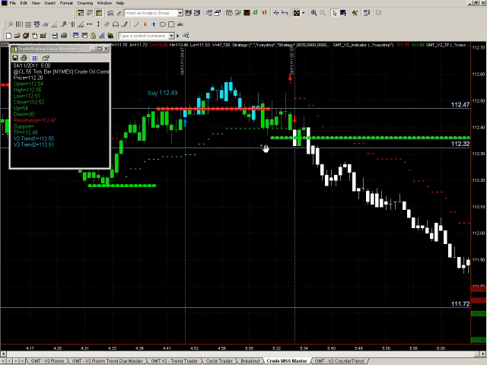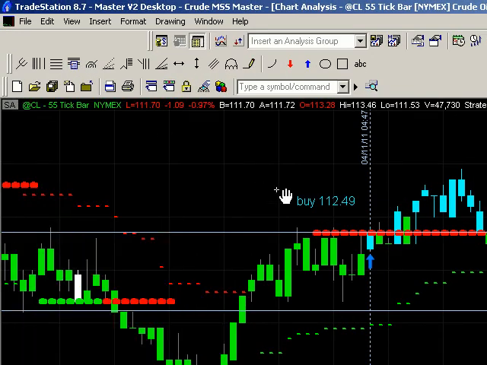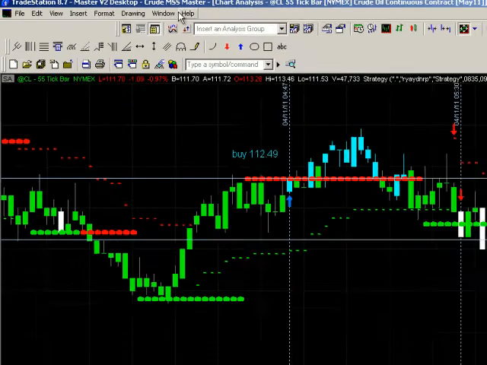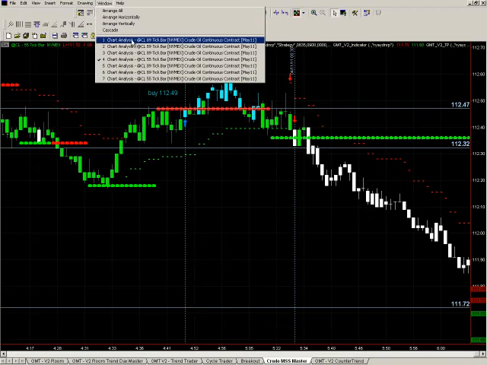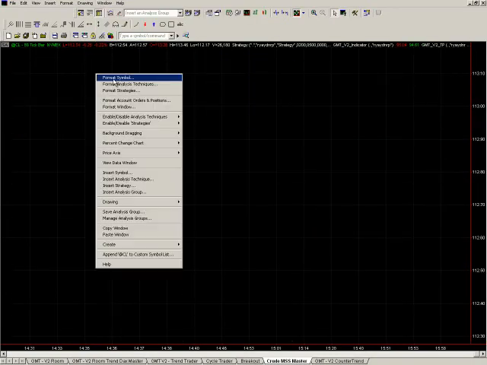So what else was I going to mention? Right, okay, so that's basically the two types of trades. You've got the buy and the sell. Now I did mention the best time of the day to trade this. What I'm finding is that a great time of the day to trade the trend trader is actually between,